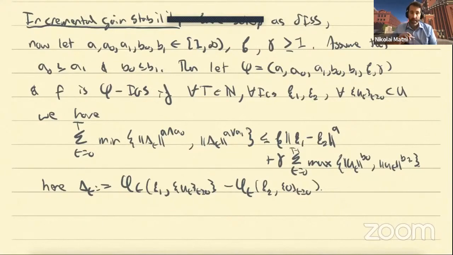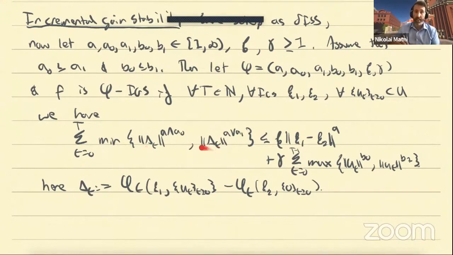The reason that we have these weird mins and maxes everywhere is because if you have a system that isn't exponentially contracting, then there's a phase transition that happens about the unit circle. As a concrete example, if something is converging at a rate, let's say x cubed, outside of the unit circle, x cubed is converging very quickly. Then once you get inside the unit circle, x cubed is actually a lot smaller than x. So it starts converging very slowly within the unit circle. And that's what these mins and maxes are characterizing.